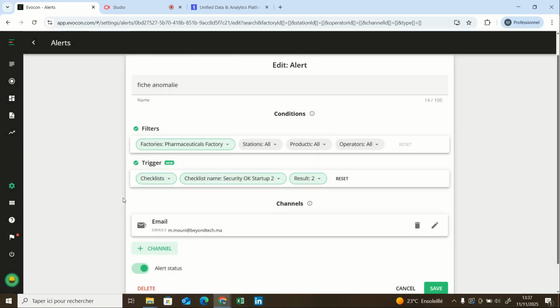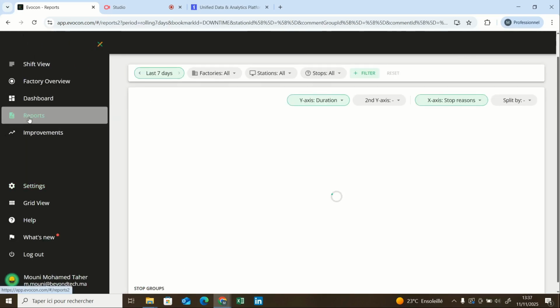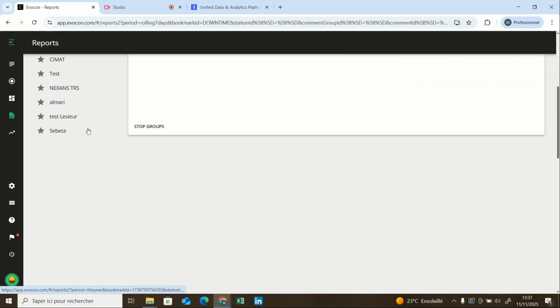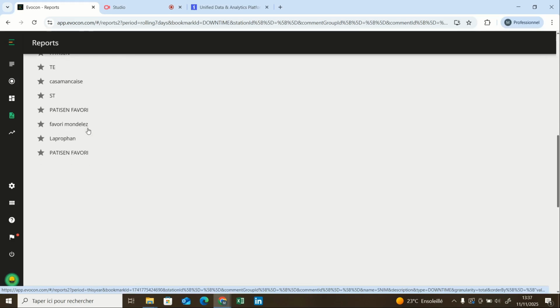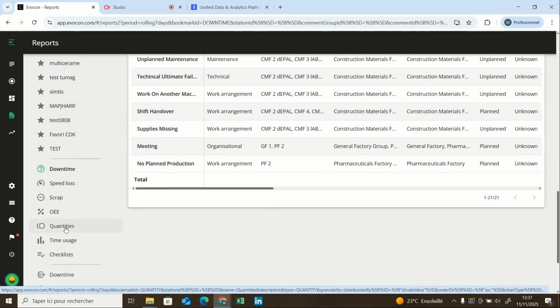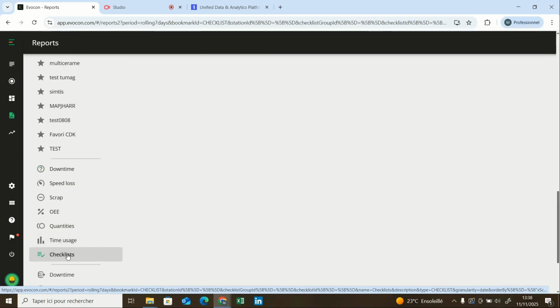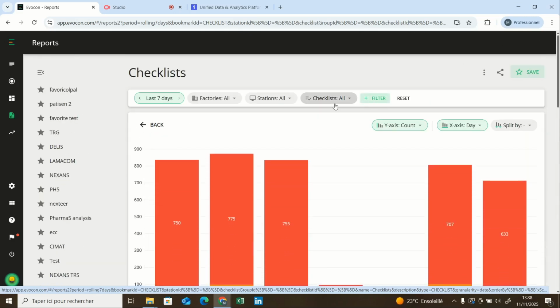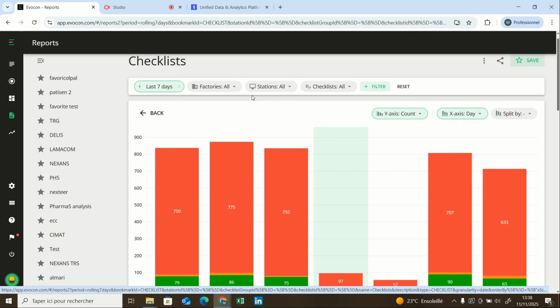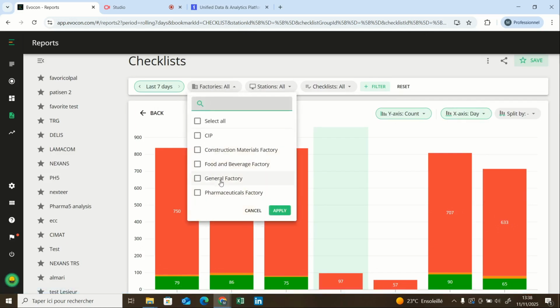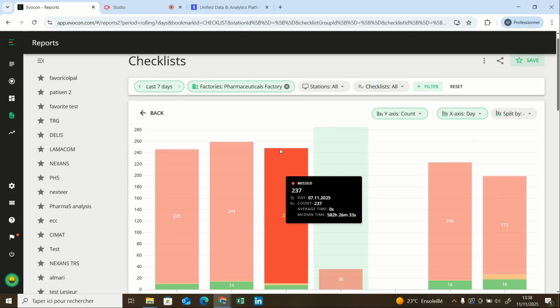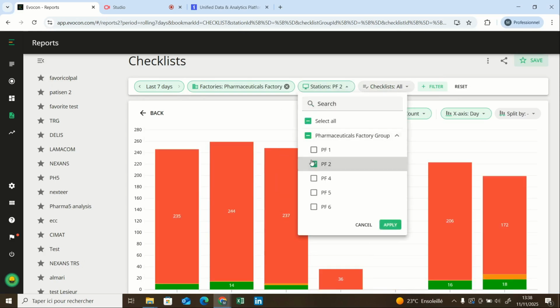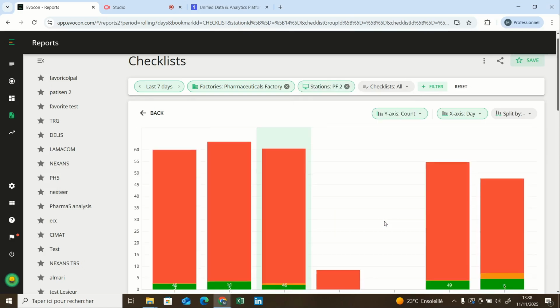And the last point, so to leave time for questions, is about reports. In the reports, as you can see here, we also have the possibility to create a report for checklists, where I can select a specific timing. For example, let's see factory. I can select a specific factory here. And in the specific factory, I can select a specific line, PF2, for example, and I can change